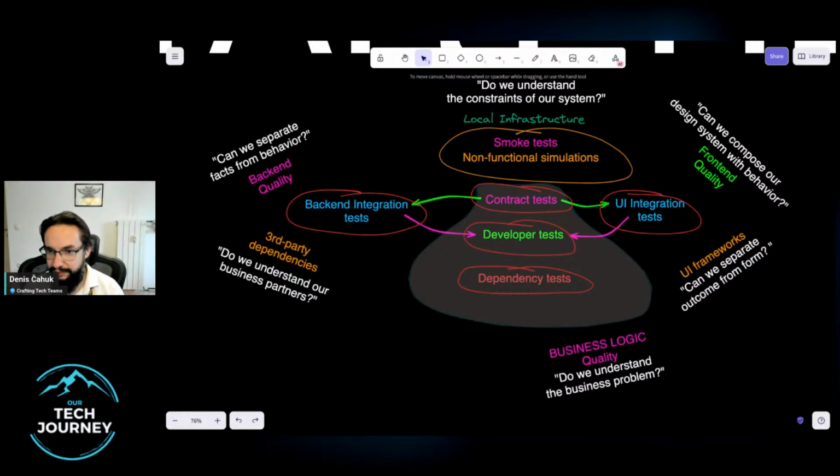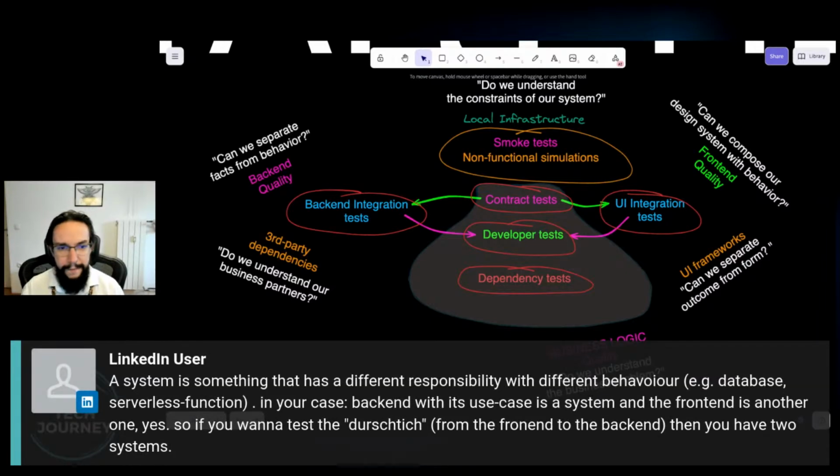Thomas has a follow-up for us regarding my question about what a system is. A system is something that has a different responsibility with different behavior. For example, database, serverless functions. In your case, backend with its use case is a system, and the frontend is another one. Yes. So if you want to test the